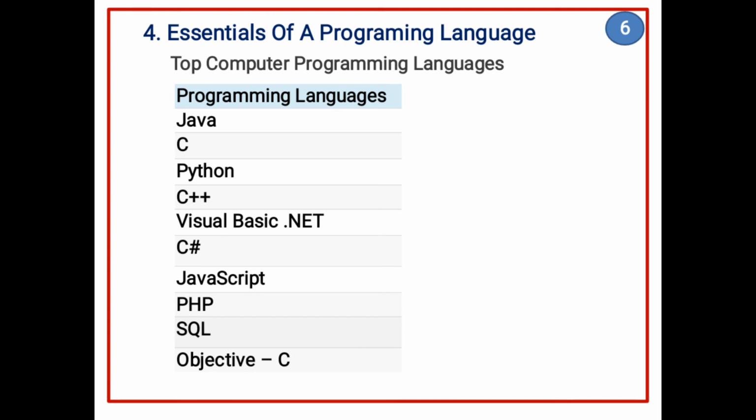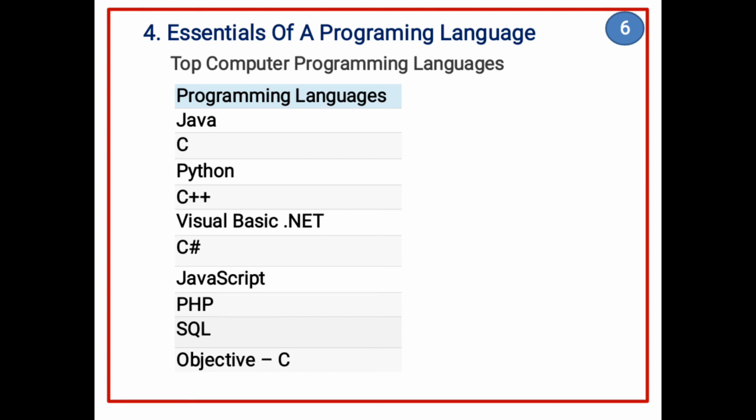The next popular language is JavaScript, and the practical applications of this language are client side and server side validations, DOM handling, developing web elements using jQuery, that is a JS library. The next popular language is PHP. The practical applications of this language are static and dynamic websites and applications, server side scripting, etc.